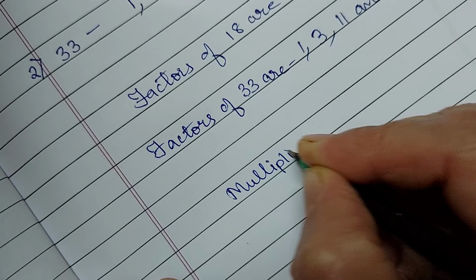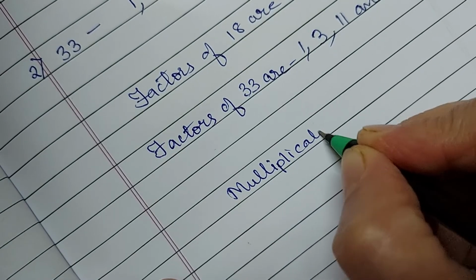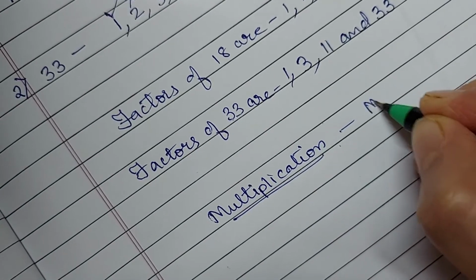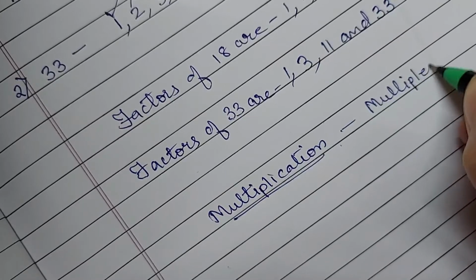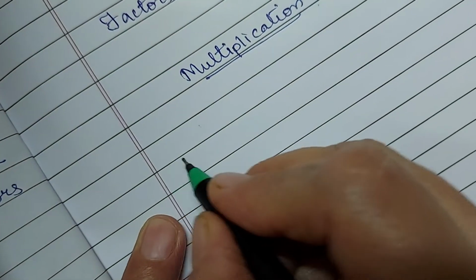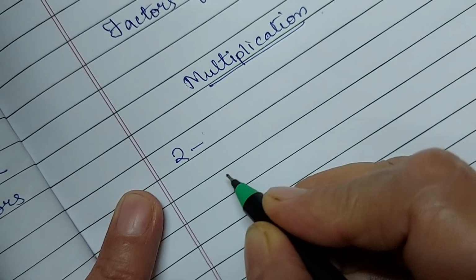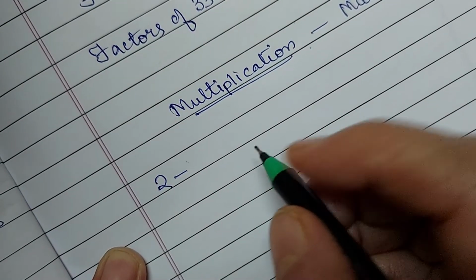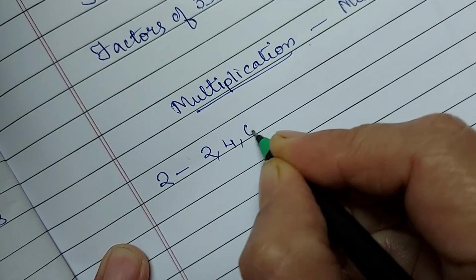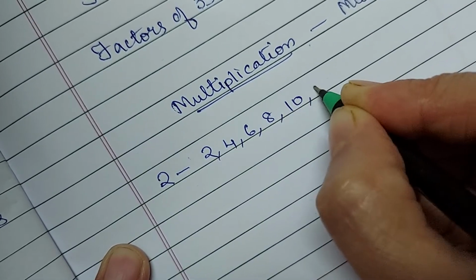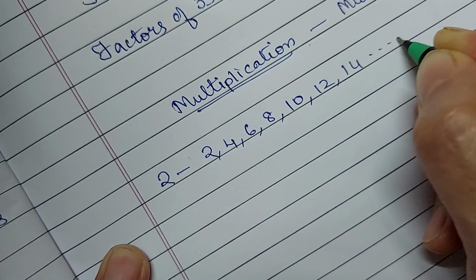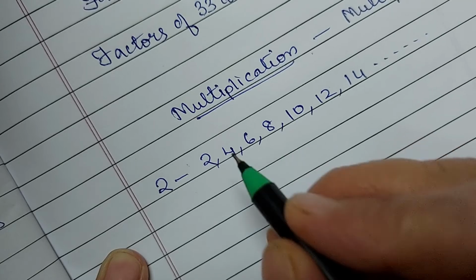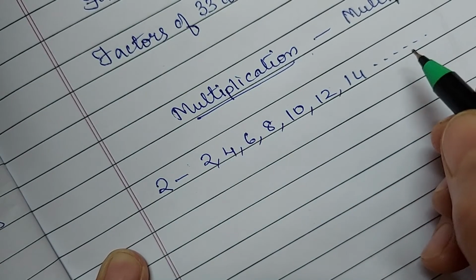Now we'll come to multiples. Hearing this word multiples, it is related to multiplication, right? Multiplication, multiples, related, no? Now if I am telling you write all the multiples of 2, so in simple language what am I telling you to write? The table of 2. It is 2, 4, 6, 8, 10, 12, 14, etc. Understood? The answers in the table of 2 are also called the multiples of 2.